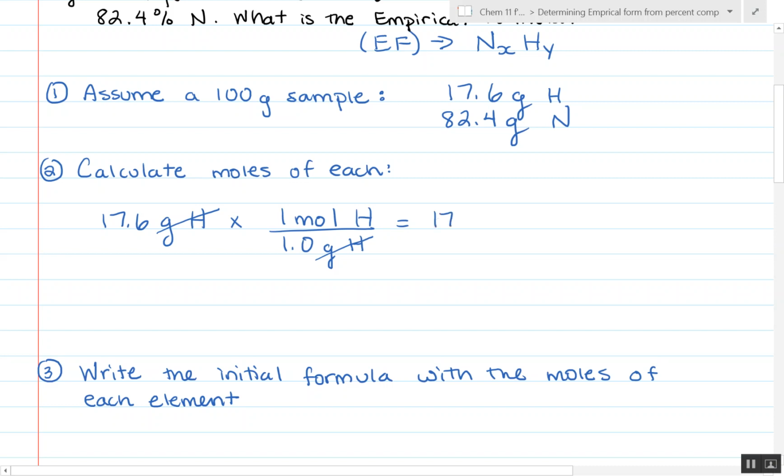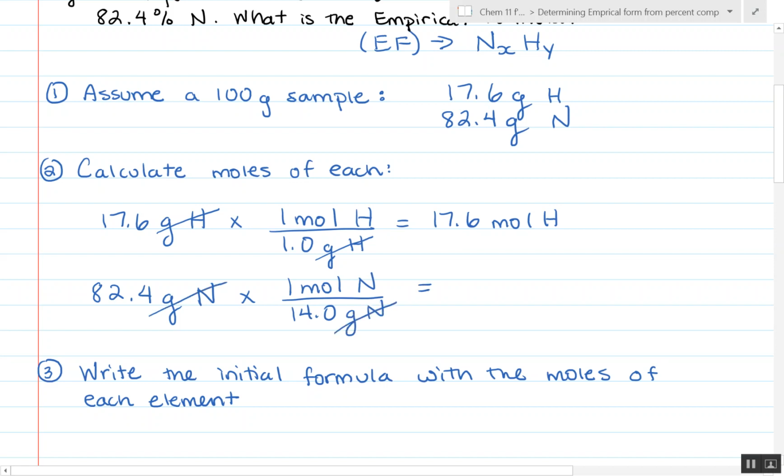So it gives us 17.6 moles of H. Same thing for nitrogen. Use the molar mass, so in 1 mole of nitrogen, there's 14.0 grams of nitrogen. The grams cancel out, and we're left with